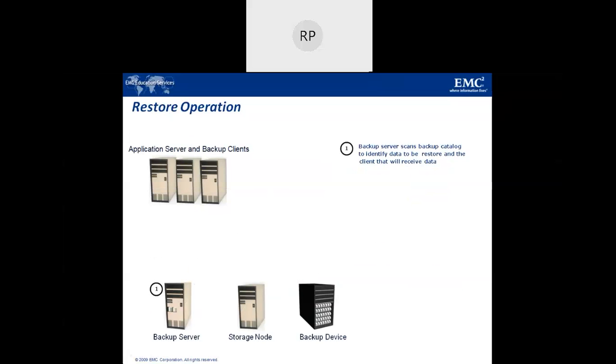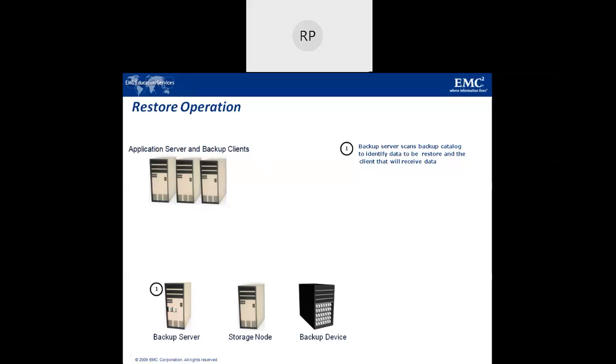Okay. The next operation is, after taking a backup, how the restore operation is going to take place. Now the first step of the restore operation: the backup server scans the backup catalog to identify the data to be restored and the client that will receive the data, meaning which client has made the request for the restore and what data has to be restored.